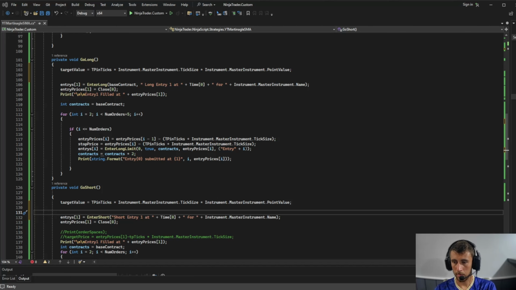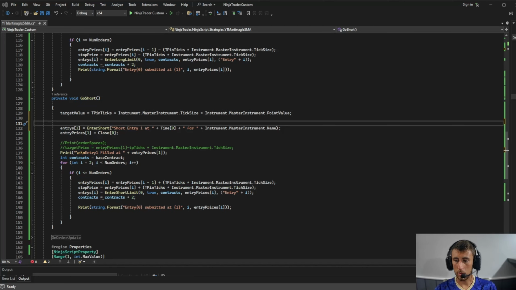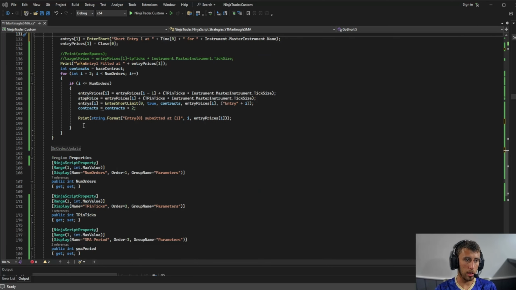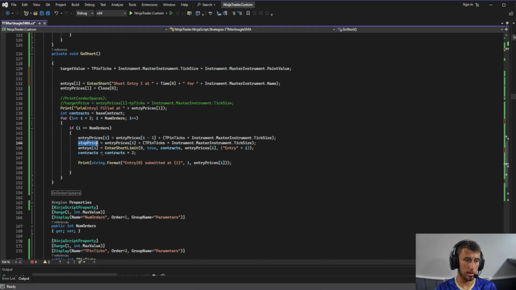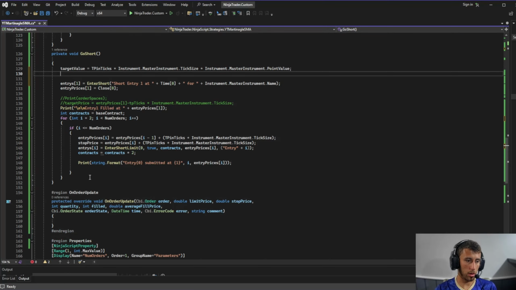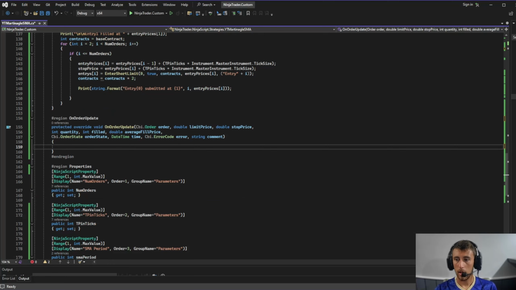Next thing we need is we are going to create our TP and our stop. So now we have the stop price and our target value. So we're going to come to on order updates, and the first thing we need to do,